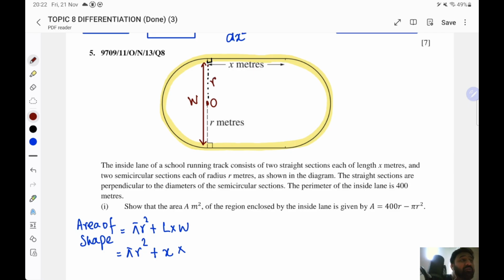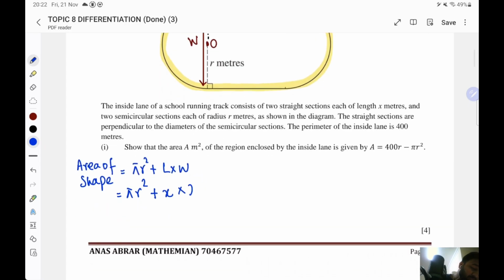So the above length portion is also going to be R, and the below portion is also going to be R, which makes a total of 2R. If you just have a look in the area, there is no x over there, so we need to remove this x. The important thing that is given to us in the question is the perimeter of the lanes,